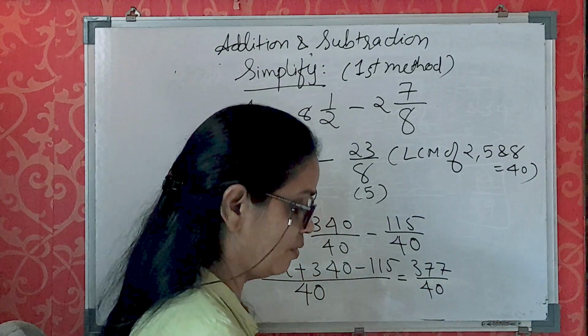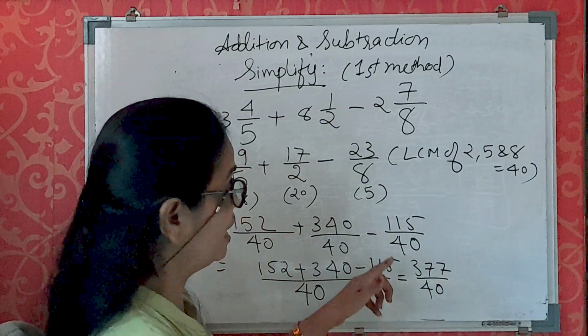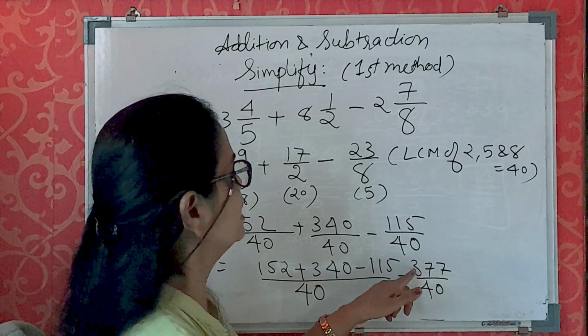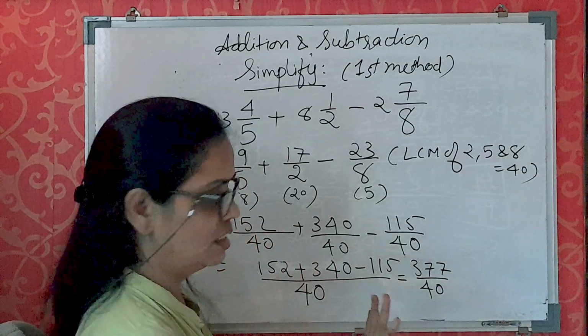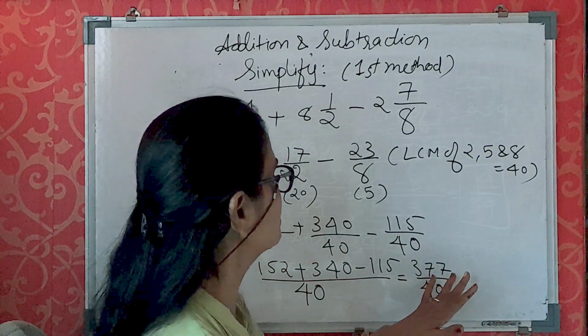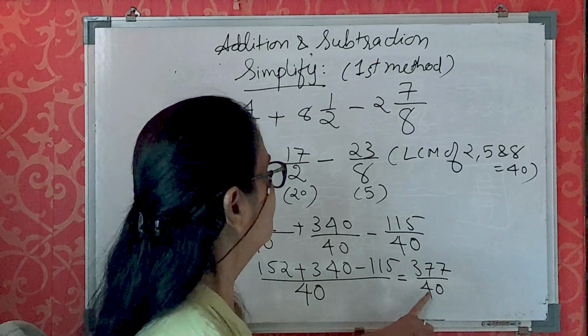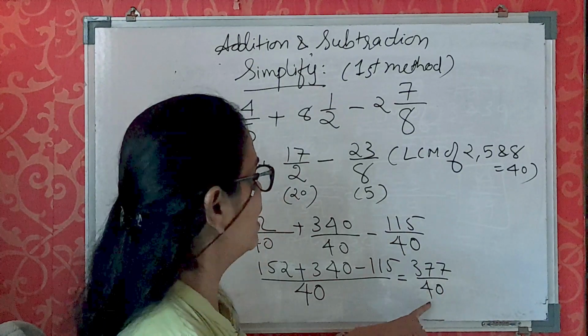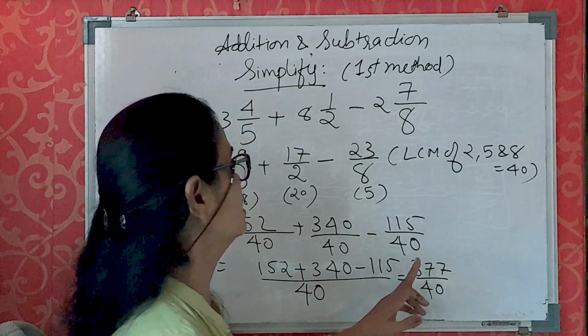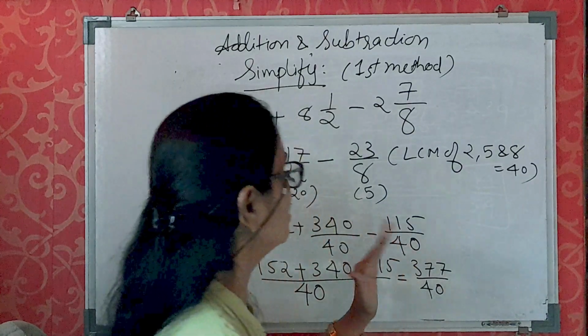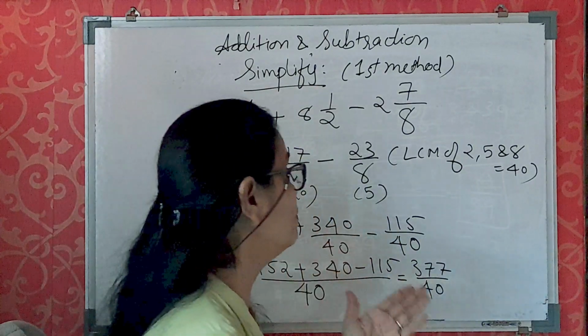Now, next step, we have to see whether it can be reduced. 7 plus 3 is 10, plus 17 doesn't reduce, not divisible by 3 or 5. 40 can be reduced by 5 or the 8 table, but it doesn't. So it will be the same. But in the second step, now they cannot be reduced.